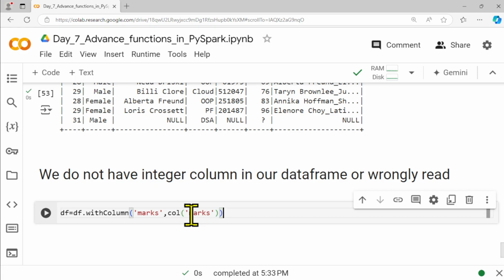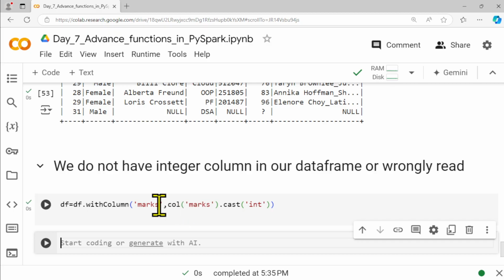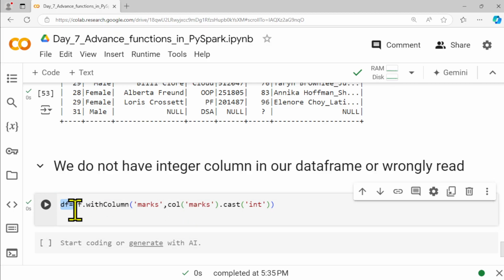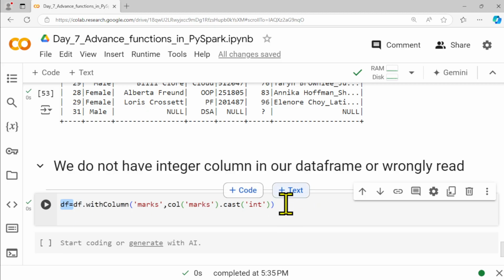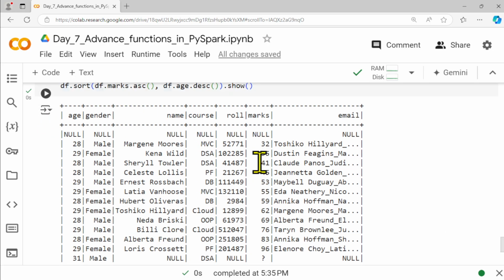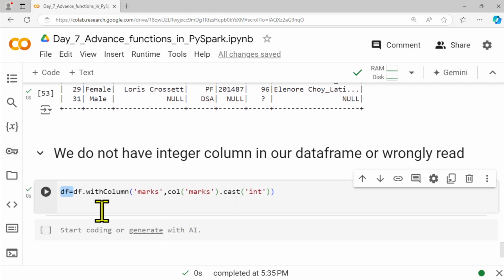So marks, then we will use dot cast, और cast जो लिया गया है वो type casting concept है. We can use the df dot, so why I'm just assigning this df equals to, it will override the existing df data frame, so it will help you to cast a particular column, how to create integer column। अगर ये इनिशियल में इंटीजर या आपको स्ट्रिंग फॉर्मेट में नहीं मिला है, इन स्ट्रिंग इंटीजर या डबल फॉर्मेट में लिखा है, तो रनिंग टाइम पे भी हम उसको कन्वर्ट कर सकते हैं।